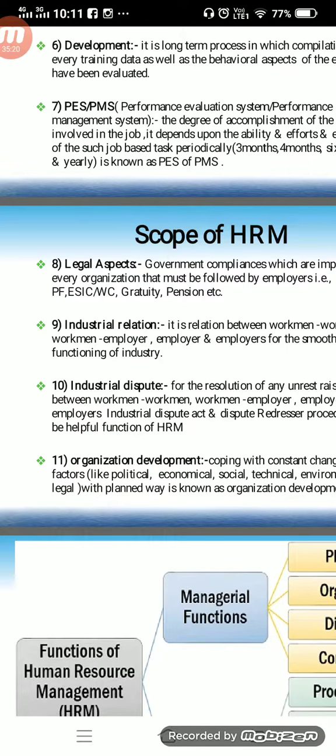So here we can say that government norms are also followed by the organization with the help of the